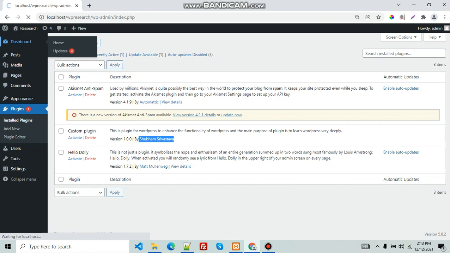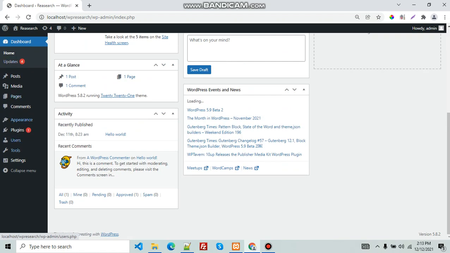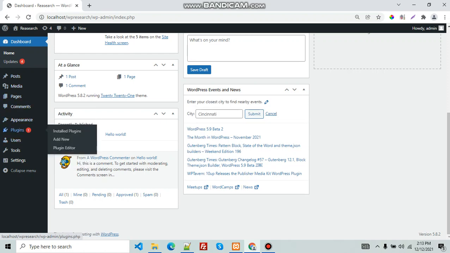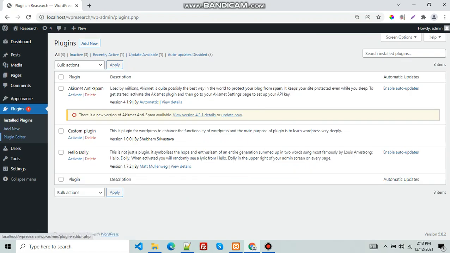You can see this is the admin of WordPress, and here in this section there is a plugin option. Inside the plugin option you can see the installed plugin option, where there are three plugins I have in my WordPress: Akismet Anti-Spam, which is a default plugin, Hello Dolly, which is also a default plugin, but there is a custom plugin. This custom plugin is created by me, and it's not a very tough thing to create a plugin inside